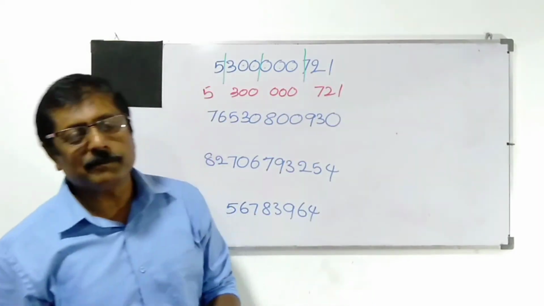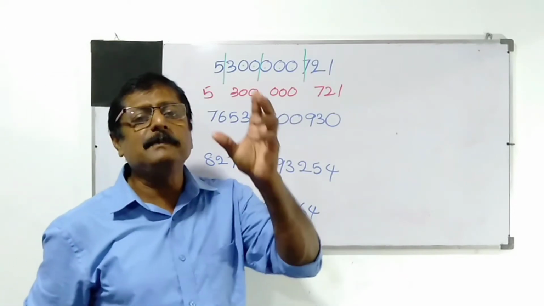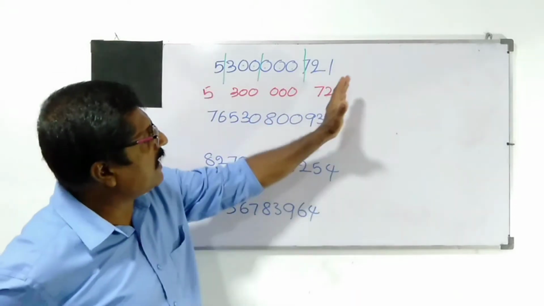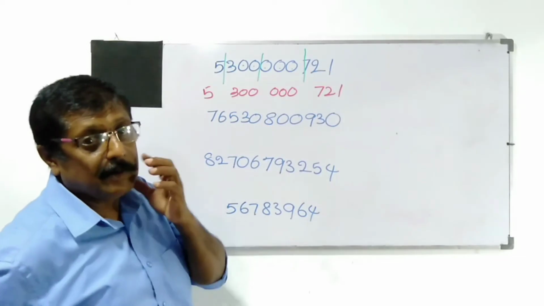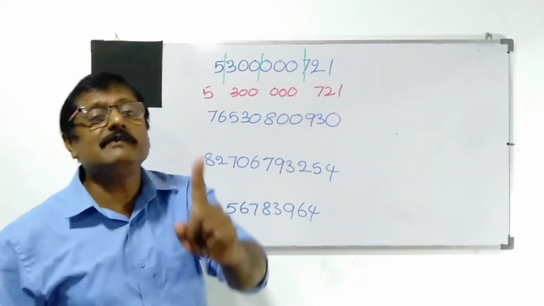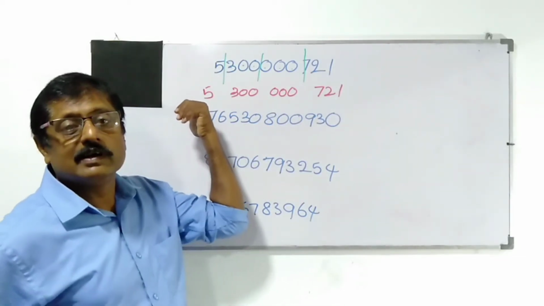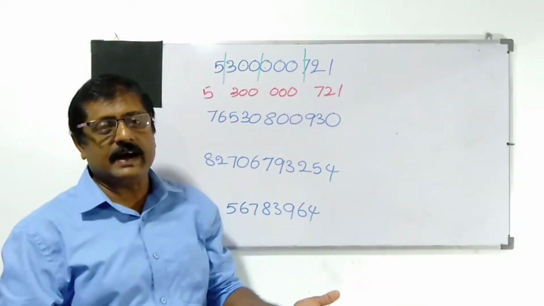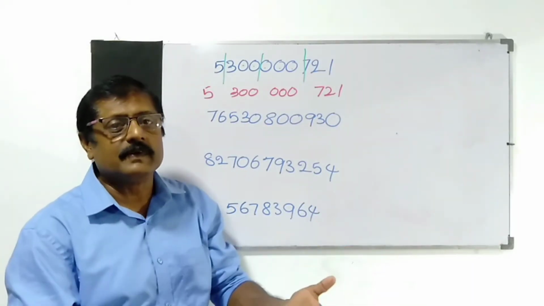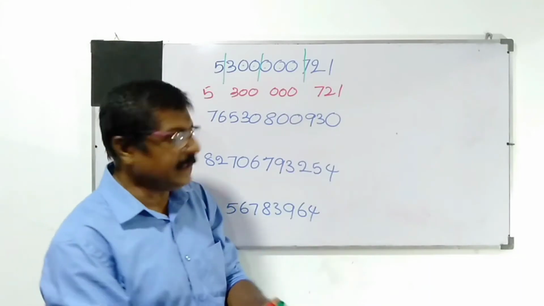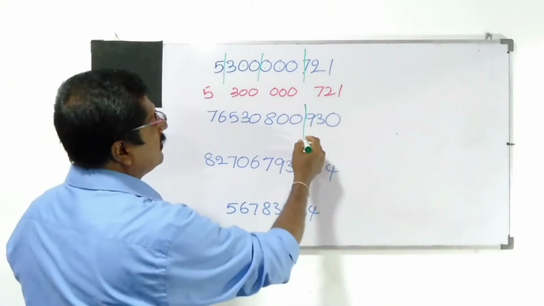Now you know, in one zone we can keep 3 digits. So we start separating from the right hand side. But unfortunately here you have only 1 digit for this zone. Can't help, because if there is only 1 digit, we can't add more. Let it be 1. Then the next one. Here you are. Separate.